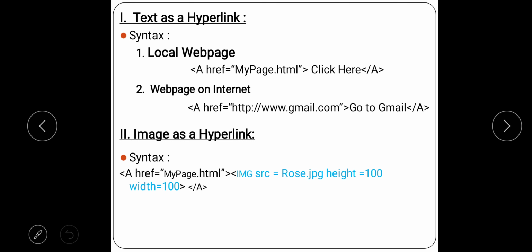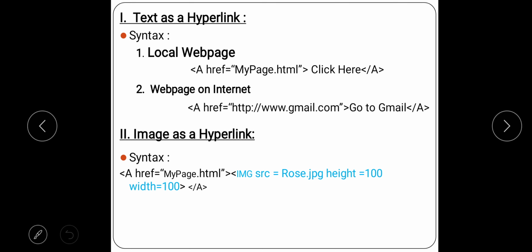Now what I have done, href equal to mypage.html. Now here again you observe that this again is an external file, mypage.html, which I am calling into my existing code. So I have simply given the name and extension of the file because this mypage.html is present in my folder. That is why this code runs properly. Otherwise you have to give the whole path. Agree?